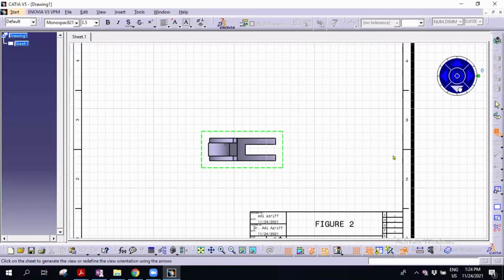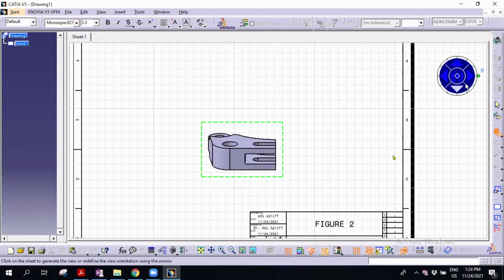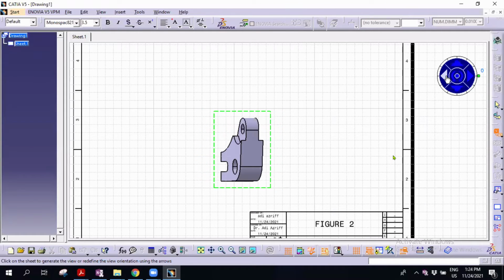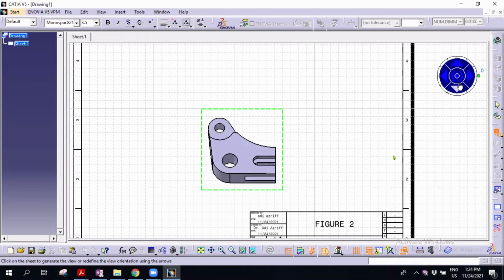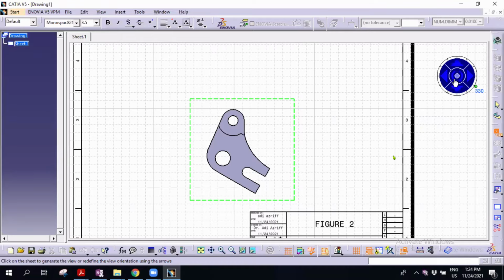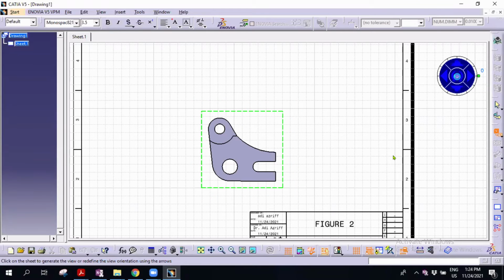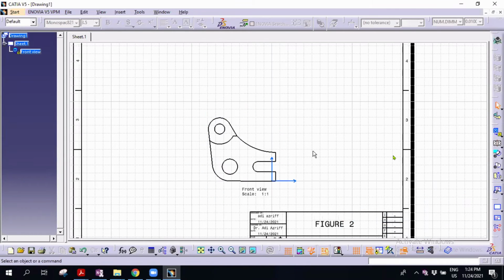If you want to change the view, you can move it something like this. You can move right, left. So even if you put the front view, you can edit. You can rotate, something like this. The center one is a manual one. Sorry, the center one is a confirmation, or you can press enter here. This is your front view.